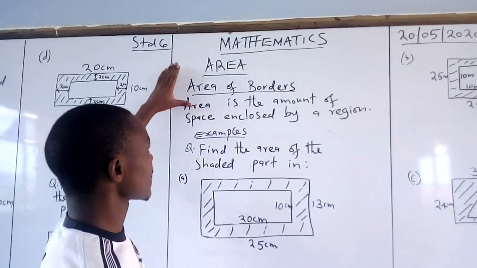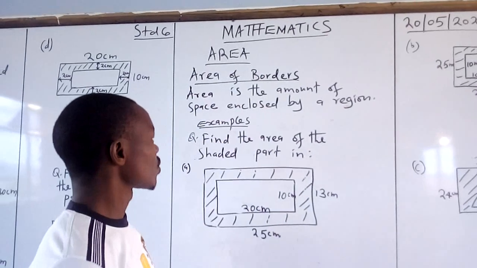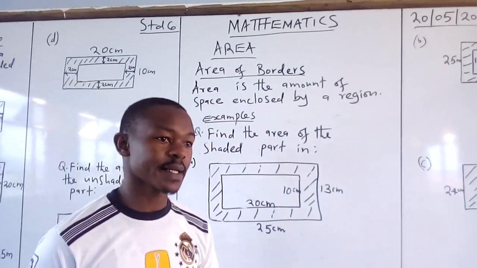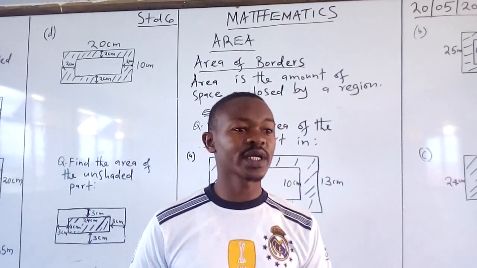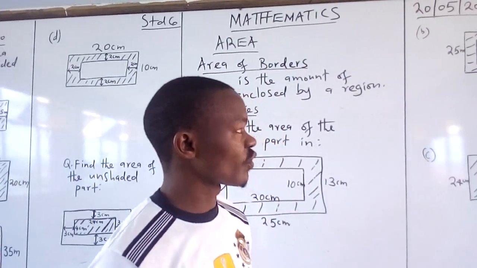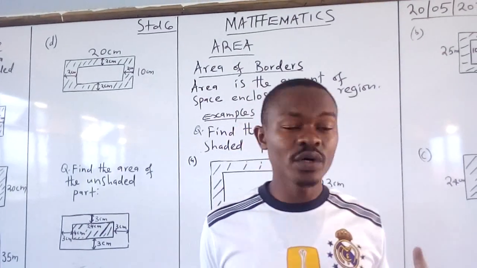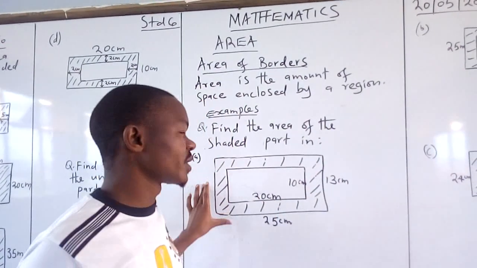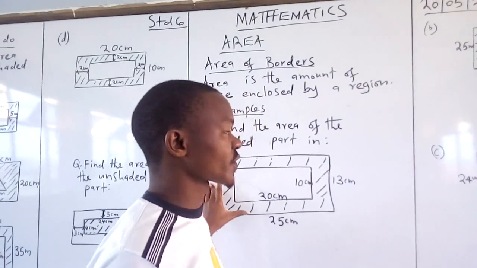So first of all, we have to know what we mean by area. Area is just the amount of space enclosed by a region. So we want to look at the area of borders specifically. And when it comes to area of borders, it's nothing new, it's just something that you know. For example, we shall be dealing with different shapes, for example rectangles, squares,